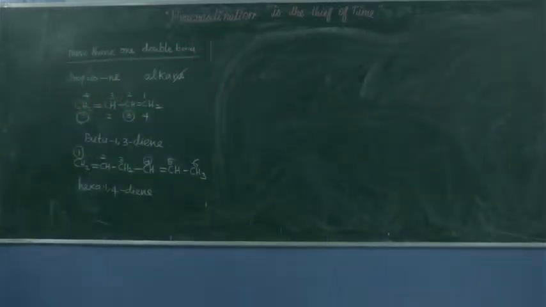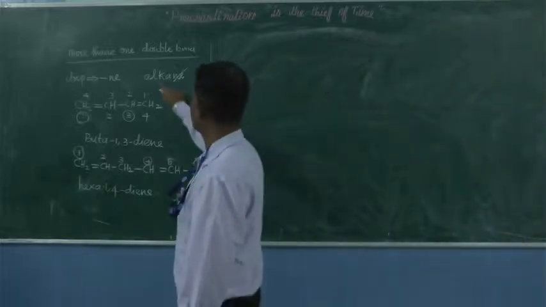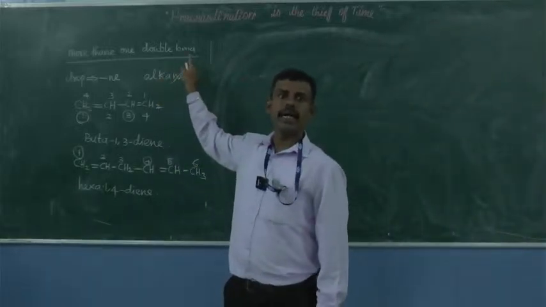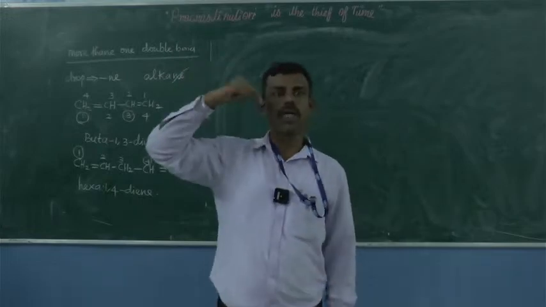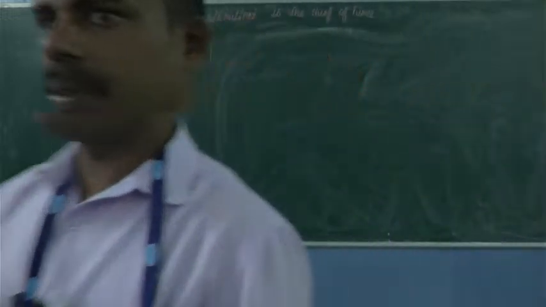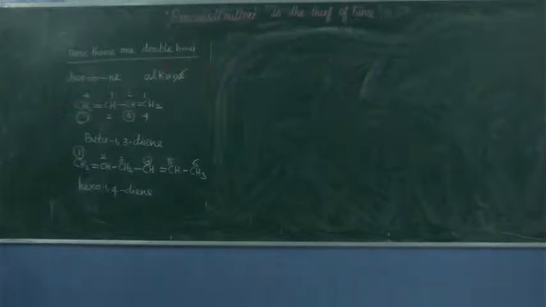So here we stopped. But if you have more than one double bond, you have to take the alkane and drop the 'ne'. For example, buta-1,3-diene. Similarly, hexa-1,4-diene. Is it clear? Suppose you have both a double bond and a triple bond,